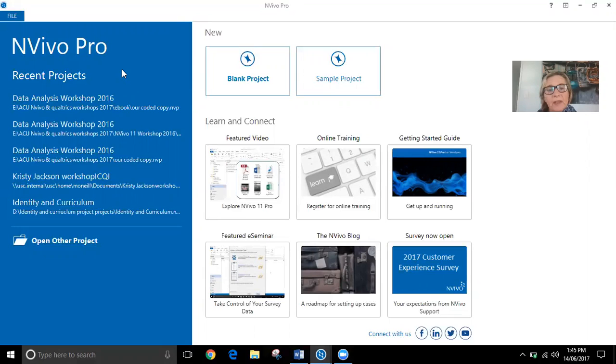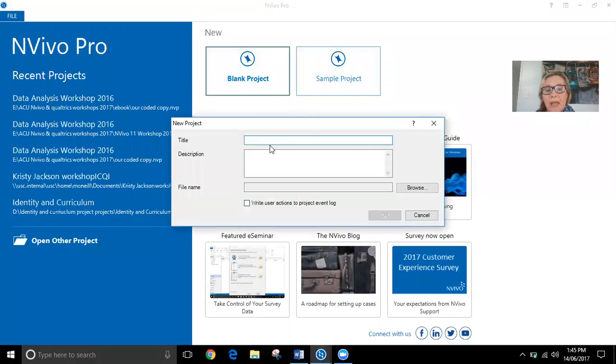In any event, it all has the same interface when you come here to the blank page. Now you can open up a sample project, which QSR have already coded and gone through using environmental data, which is a very nice way of having a little tour through some of the tools and the ability to code data. But if you just want to open up a blank project, you just click blank project, put a title in,